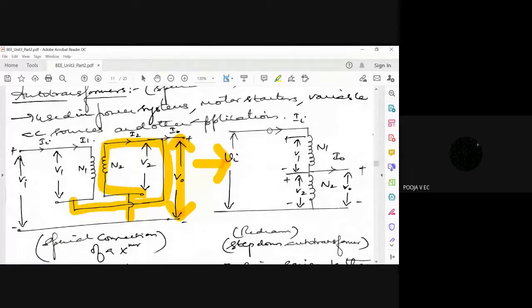Sir, then why do we need an inductor, sir? We need an inductor in normal transformer so that magnetic fields will be created and different potentials can be formed and different currents can be created. Sir, but here they are connected, so why should we need an inductor? Instead of having two separate windings which are electrically isolated, if I have a single winding which is going to serve both purposes, I can reduce the space and I can minimize the cost, right?